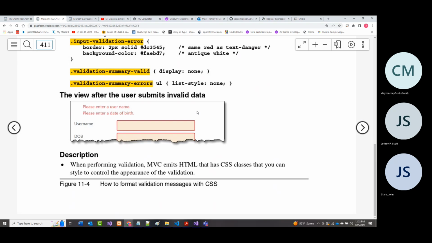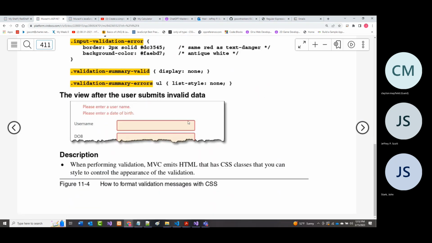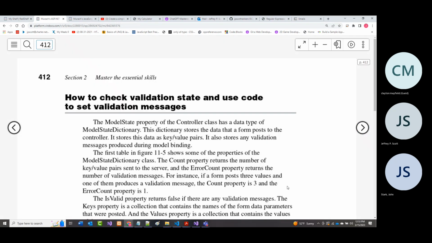And if you want to, you could take the first field that's wrong and set the focus there. And that's what they're showing in here. All right. As it says again, when performing validation, Model View Controller emits HTML that has CSS classes you can use to style the appearance of your validation.